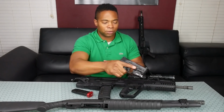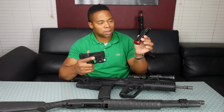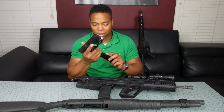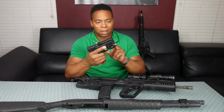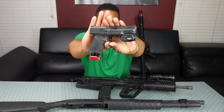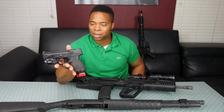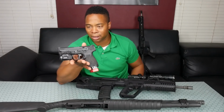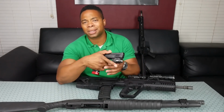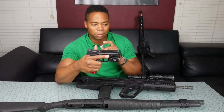Also, rack this a few times, all right? And this is the 17-round magazine with the Taran Tactical extension on it. This is also the TLR 7 light on here, a 500 lumen light. This is definitely my favorite gun at this particular moment. But let's go ahead and get into what we're talking about here, which is best home defense